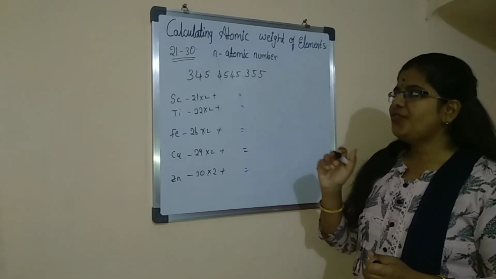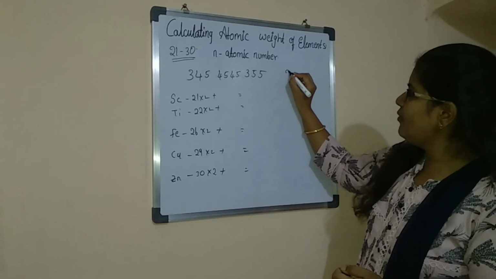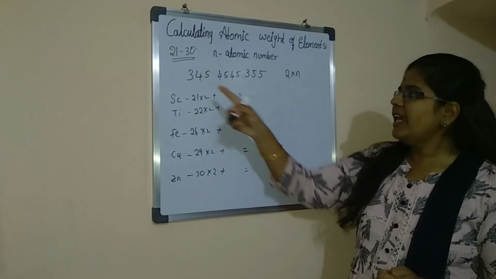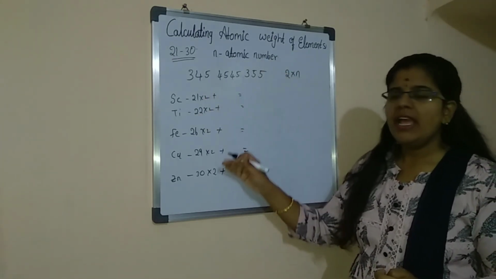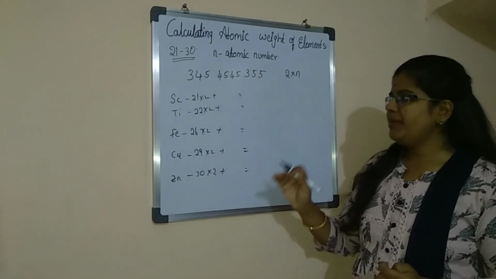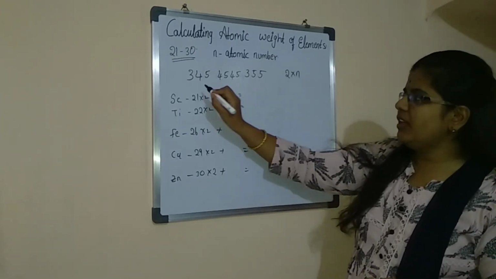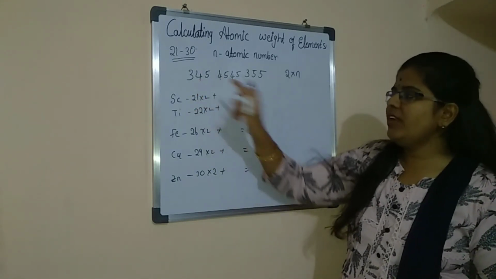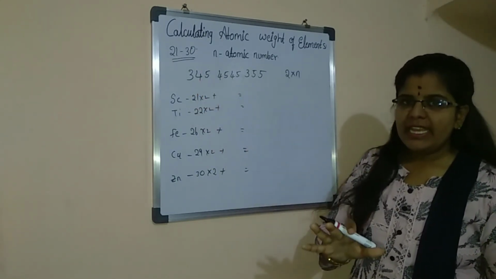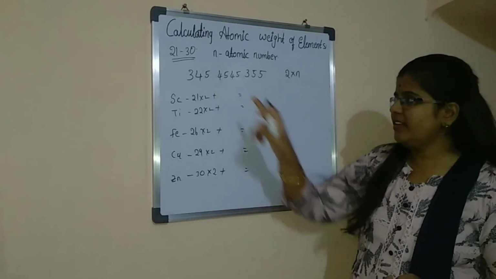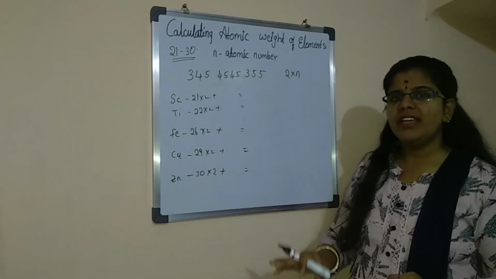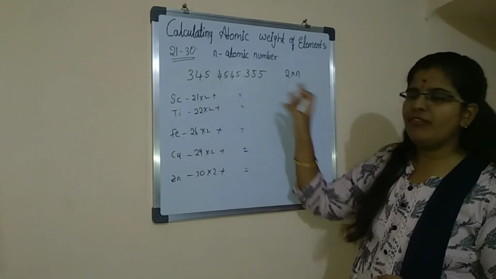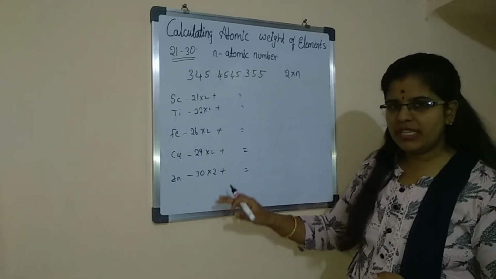Let us see. First, you have to multiply the atomic number by 2 and add these numbers according to their numerical order. Let me say it clearly. Here 3 will be added to the 21st element, 4 will be added to the 22nd element, 5 to the 23rd, 4 again to the 24th element. Like that, according to the numerical order, these numbers have to be added. Let me give you some examples.